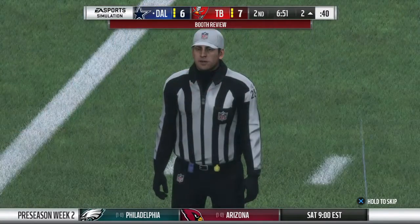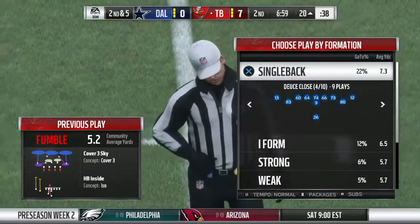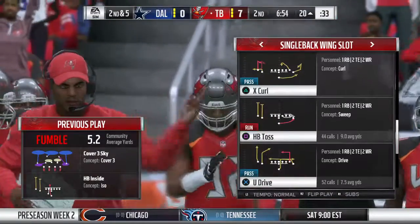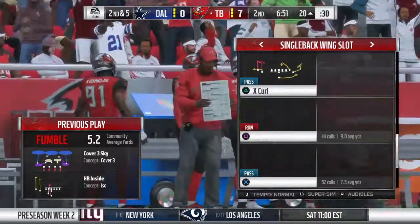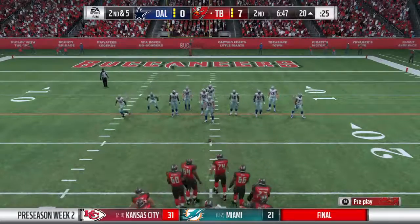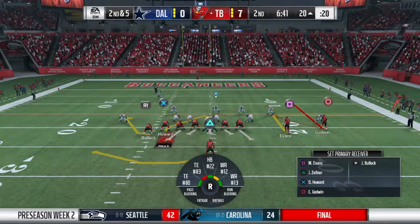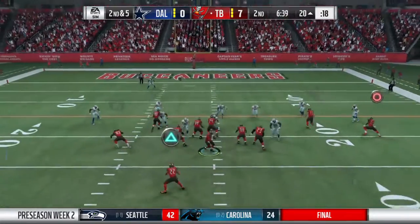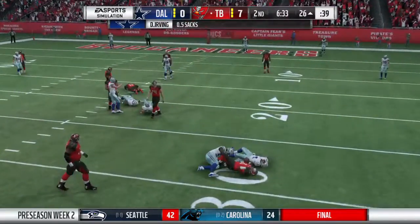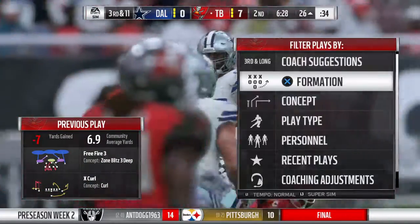So the defense forces the fumble. They get the score, and a guy on defense becoming offensive. After reviewing the play, the ruling on the field is reversed. Winston now after the fumble recovery. And they're going to get him. He's sacked back around the 28. David Irving in there to bring him down for a loss of